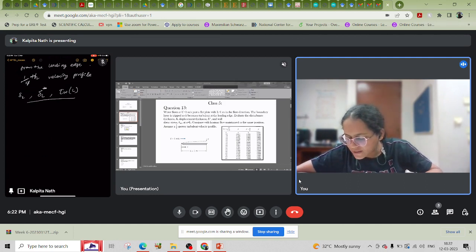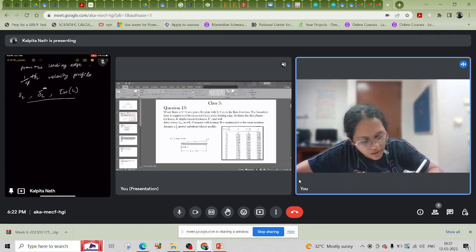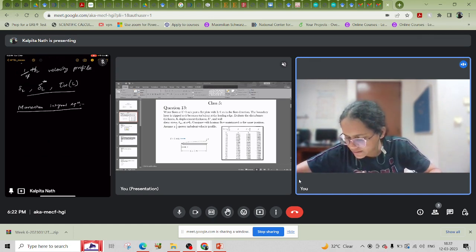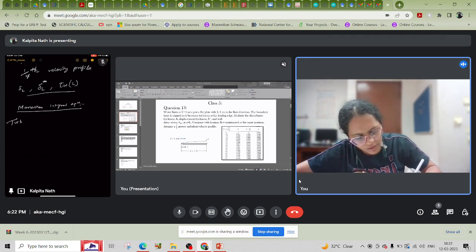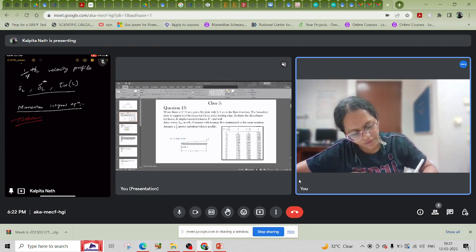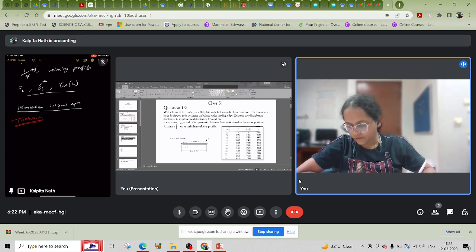First, applying the results from the momentum integral equation. From the momentum integral equation, we have to apply results from that. First we have to find everything for the turbulent profile. So for turbulent flow,